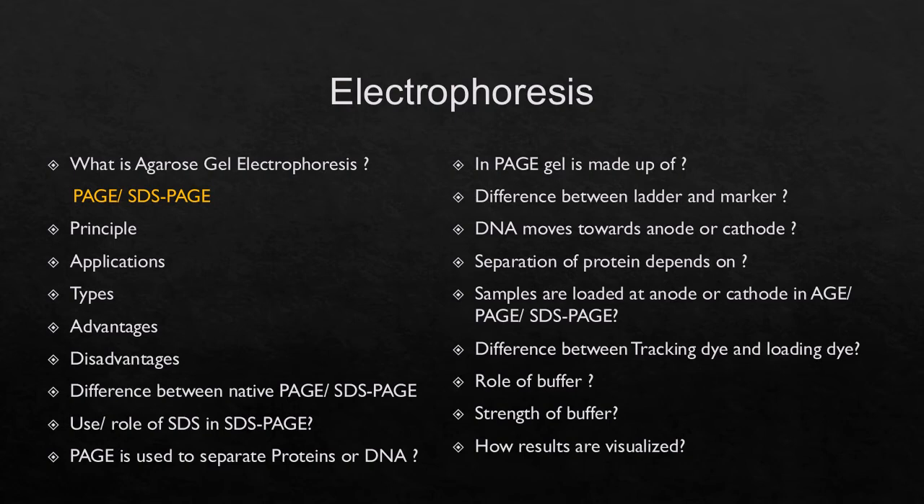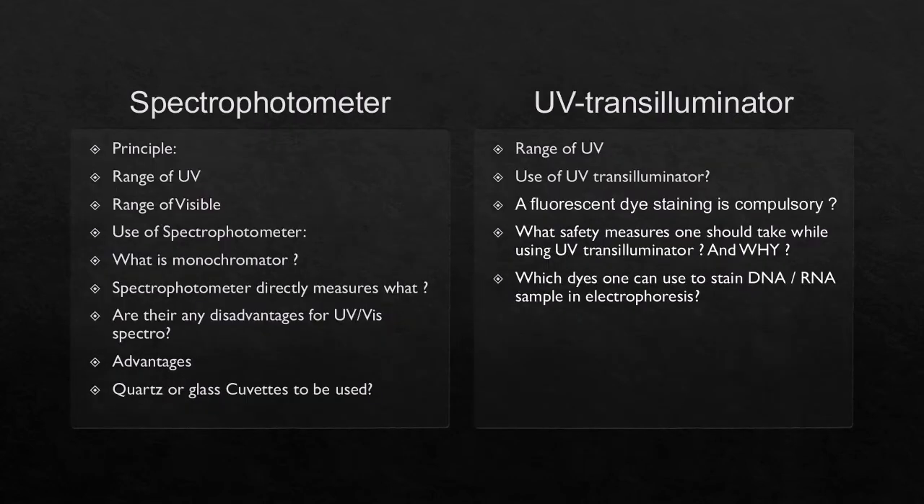Then we use a fluorescent staining dye for visualization. So you should know the difference between all these three dyes. Okay, so this was about electrophoresis. The next is about spectrophotometer and UV transilluminator. So in case of spectrophotometer, in viva questions, you may have a question like principle,